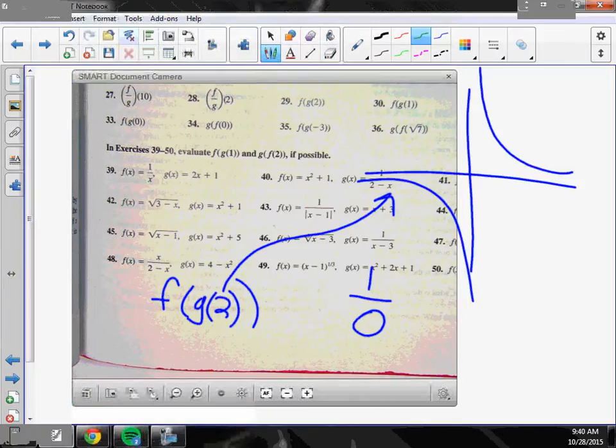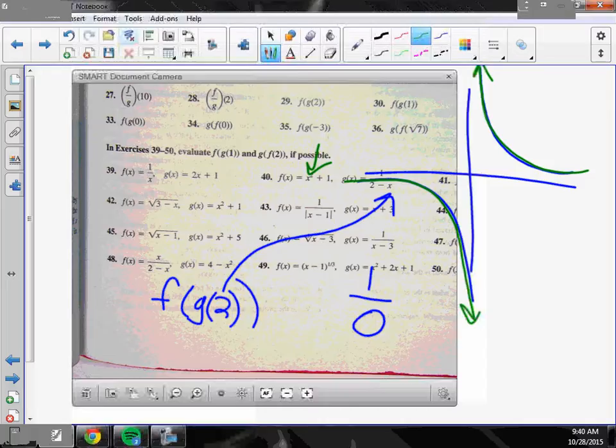So if you approach 0 from the right side, you're approaching infinity. If you approach 0 from the left side, you're approaching negative infinity. So which one would you plug in here? We don't know. It just doesn't work. So you might run into some problems that are just simply not